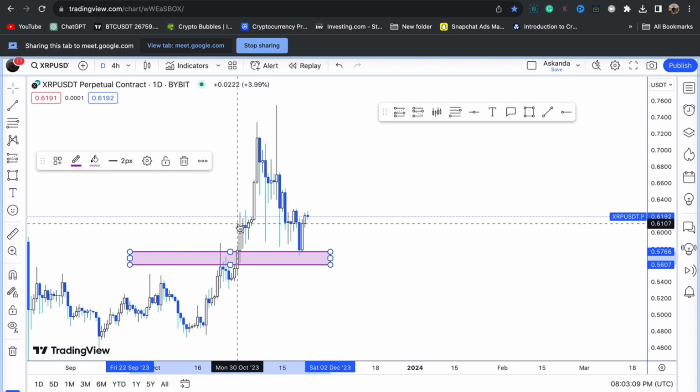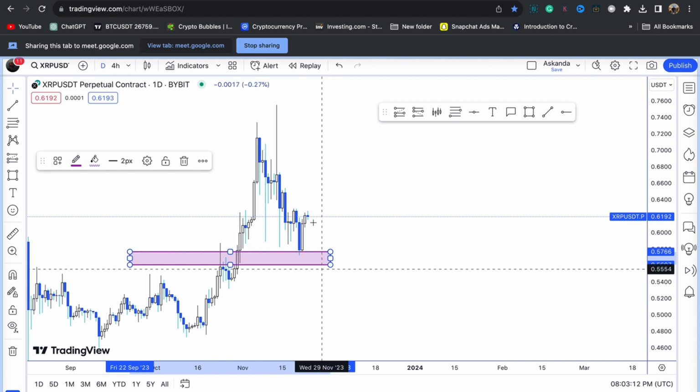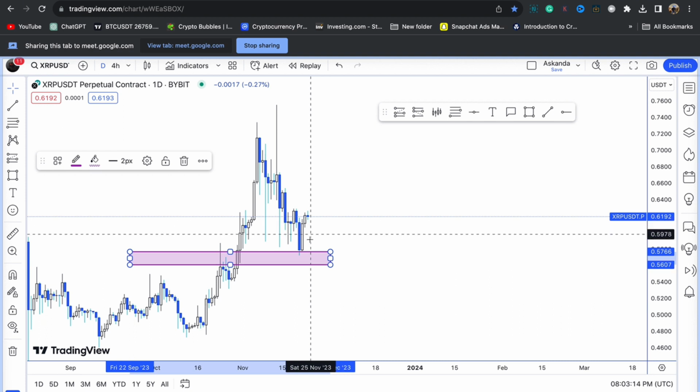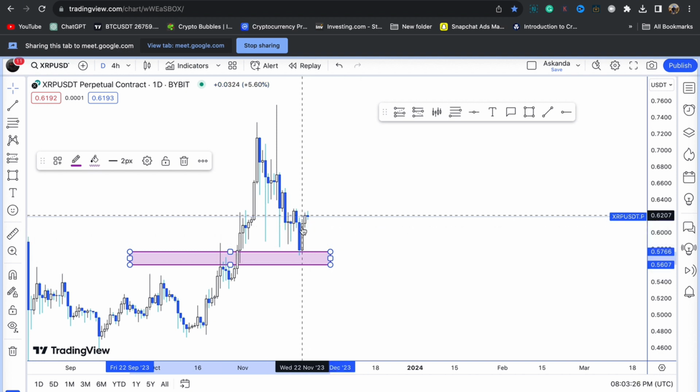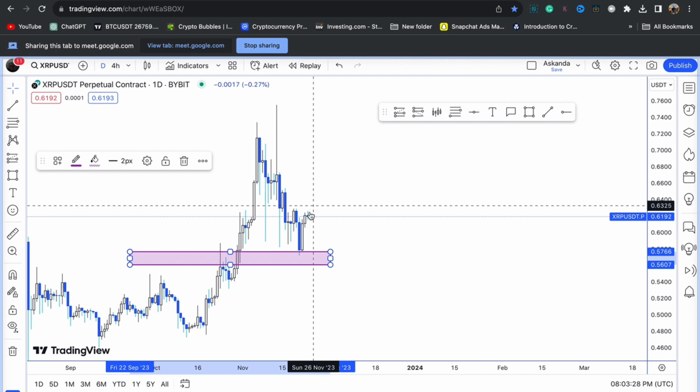Okay, and we know our strategy is if we are in an uptrend, we wait for a pullback, then we enter in that same direction. If we are in a downtrend, we wait for a pullback to the upside, then we sell. So right now XRP is in an uptrend. Looking at this daily candle here, we can even set a limit order by waiting for the trade to hit the resistance zone. That's now the resistance zone for XRP is